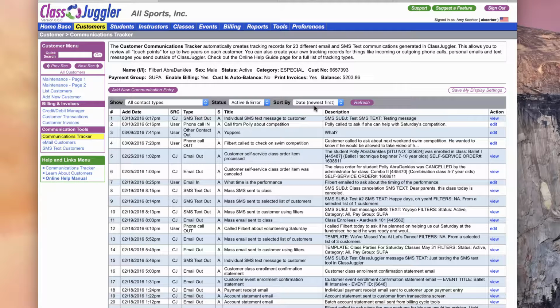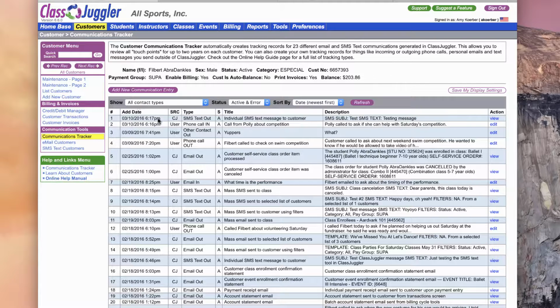The way the listing is set up is we've got various columns showing quite a bit of information, although we can drill down and look at the details of each of these entries as well to see the complete tracker record. So the first thing you'll notice is that these are shown in reverse date order. So the newest tracker item will always be at the top. And this just makes it easier so you can see what are the most recent touch points you've had with a particular customer. So you'll see back on March 10th